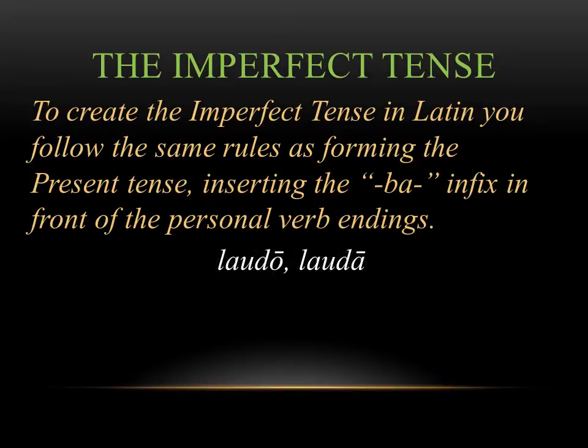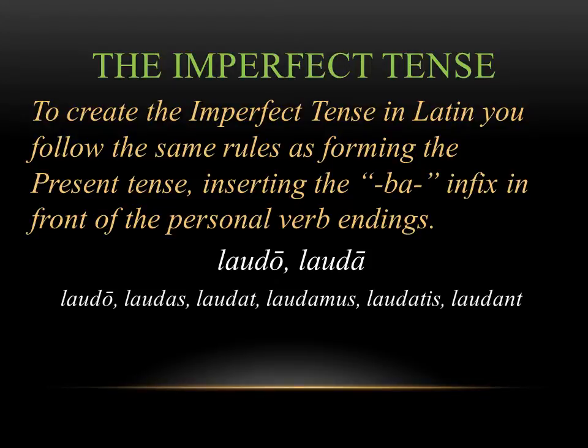If you do this, you get lauda. That's our present stem. And if we add the endings, the verb endings that we already know, you can conjugate this verb into laudo, laudas, laudat, and so on. And again, we said we're taking that present stem of lauda and we're simply adding on our present tense endings,